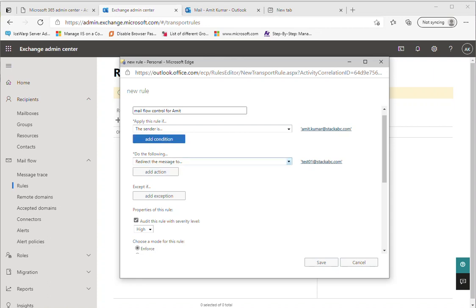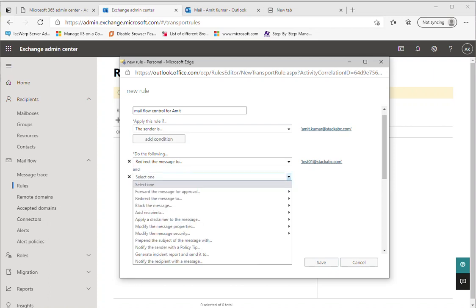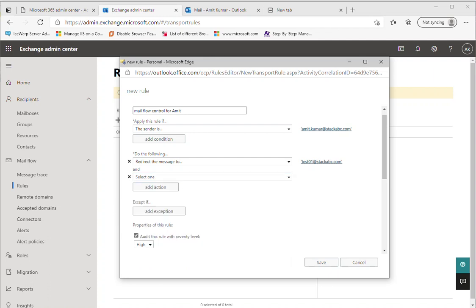It means do the following: if the condition is matching, then what action would be taken. So redirect the message to this sender. You can specify other multiple senders over here, like redirect the message to someone else, and connectors and other hosted mail solutions.